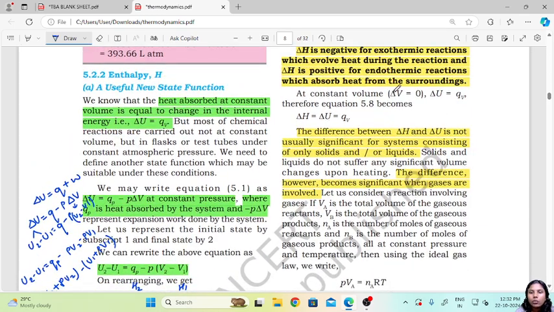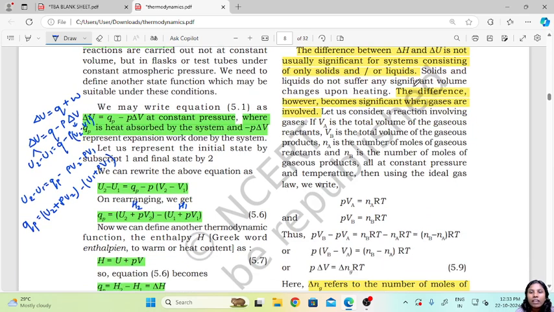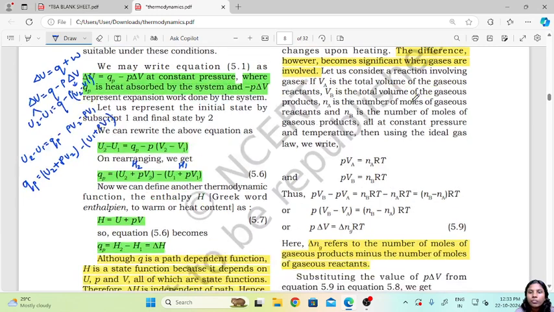Now at constant volume, that is delta V equals 0, and delta U equals QV, that is heat absorbed at constant volume, we can say that delta H will be equal to delta U, same as the previous one. The difference between delta H and delta U is not usually significant for systems consisting of only one solid or one liquid. However, the difference comes into significance only when gases are